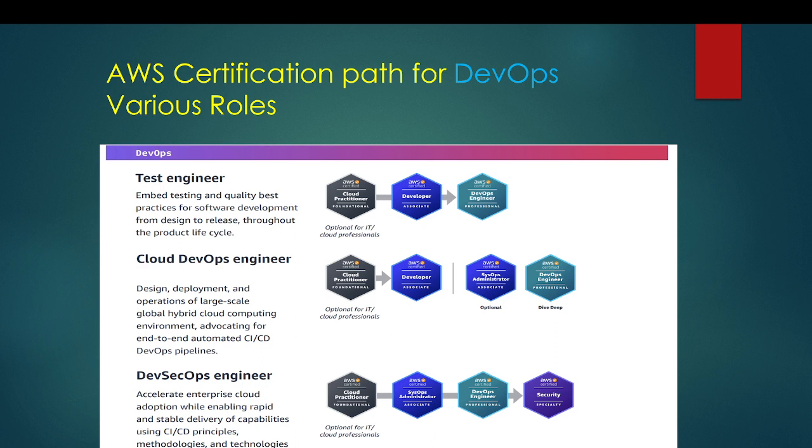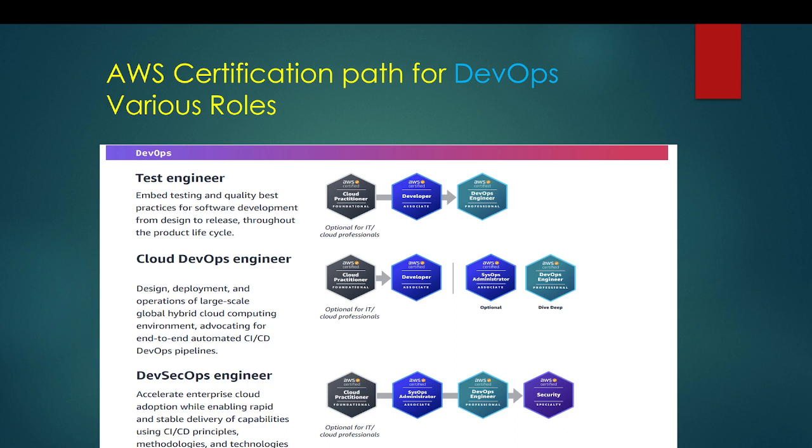Okay, once you have done this, you can go ahead to the next level, the advanced level, like DevOps Engineer Professional. Maybe it will cover most of the services with respect to development as well as the testing phases. And you need to go through in-depth knowledge of all those services. Okay, so I think this is specifically pretty good for the test engineer. Then the next role would be the cloud DevOps engineer, right?